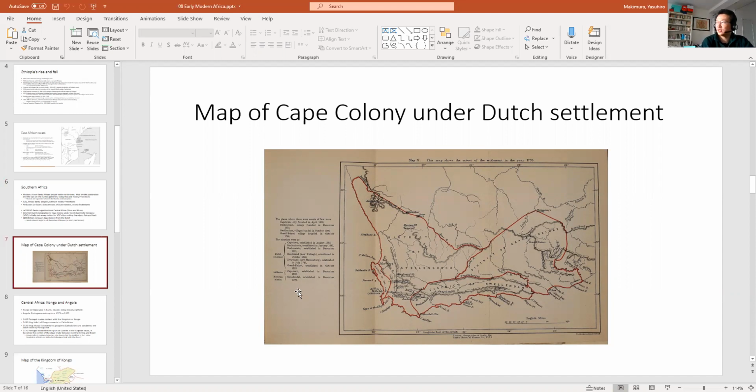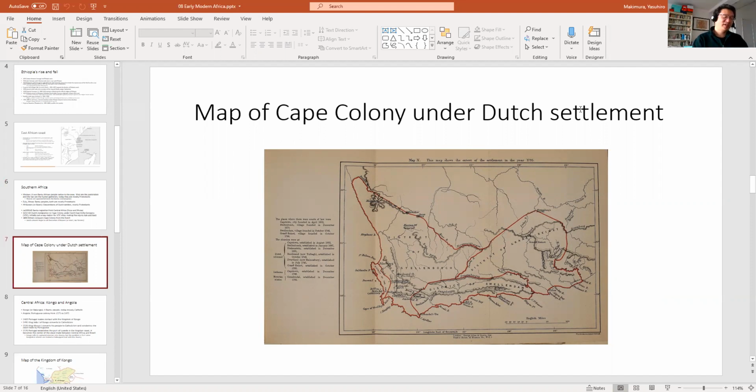And because the Khoisan are hunter-gatherers, they don't have a concept of land ownership, and they can't really resist the Dutch well. And of course, the Xhosa and the Zulus are coming down from the north, so the Khoisan really are squeezed. We don't really know what's going on with the Zulus and the Khoisan. We will know much more in detail once we get to the modern period, after 1800, when the Cape Colony is controlled by the British.